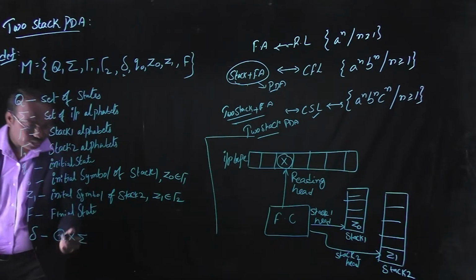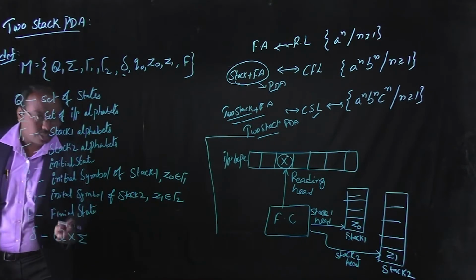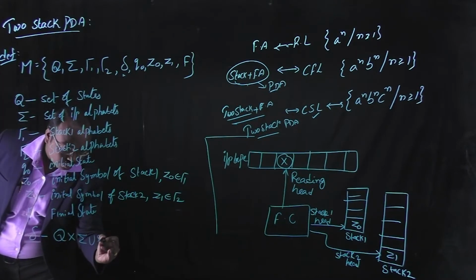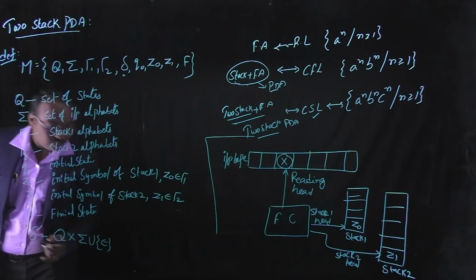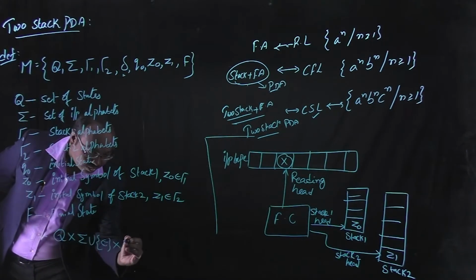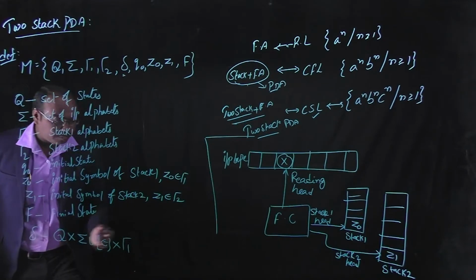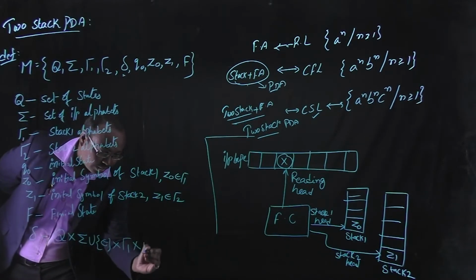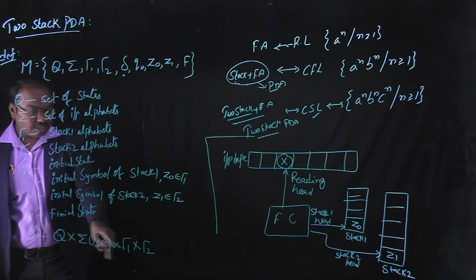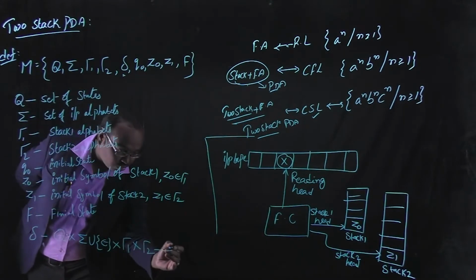It will take any input symbol from sigma, and epsilon is also one of the input symbols, and it will take a stack symbol from tau 1 and another stack symbol from tau 2. So these are the inputs for the two stack PDA, and it will